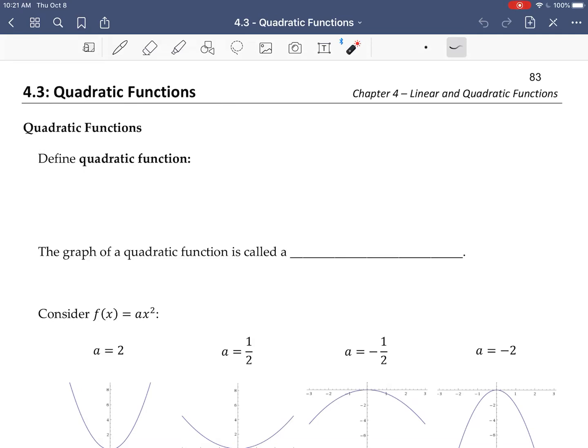In this video, we're going to talk about quadratic functions. So we've already worked with quadratic functions. Again, this is sort of stuff we did before, but with a different name. So we're now calling it a function. So to define a quadratic function